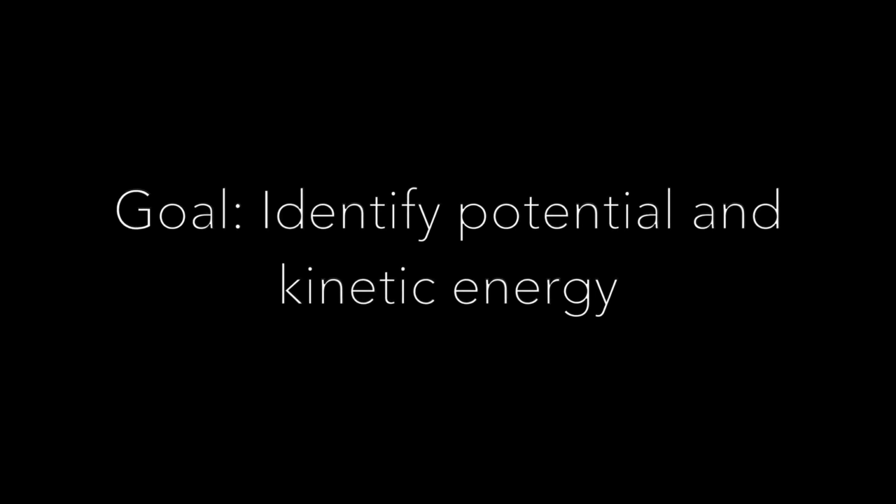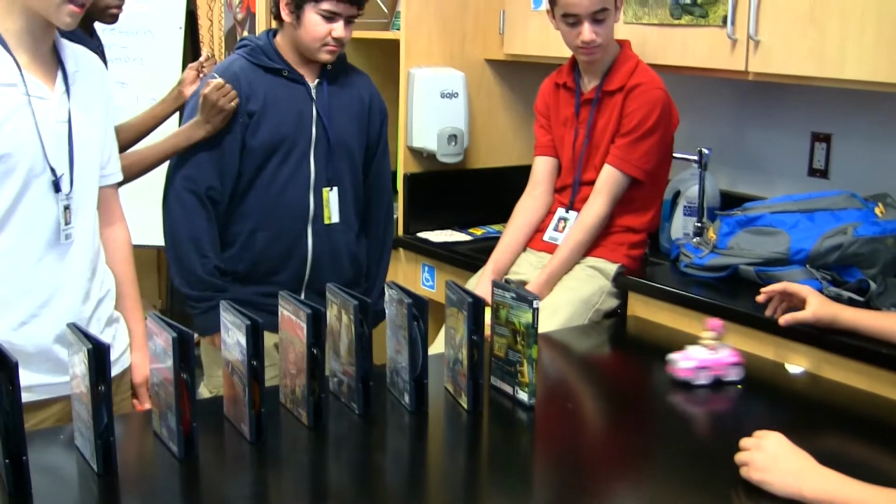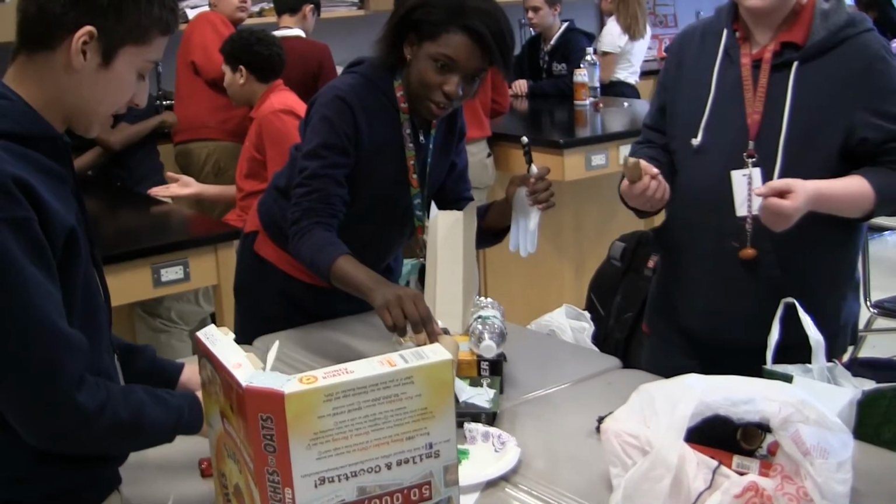The goal of the lesson, or one of the goals of the lesson, was to build a Rube Goldberg machine, which is a machine that's built out of pretty much anything that completes a task. And I also tried to offer choice in terms of students being able to work by themselves or in a group, using materials that I supplied for them in class or materials that they could bring from home.